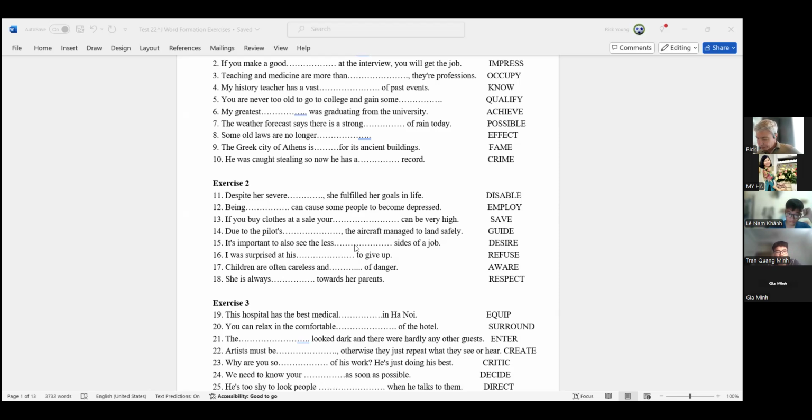So the one most people had a problem with, just looking at the list, people forgot that this should be plural, savings. And it should be plural because you're talking about clothes. So this needs to be plural as well, savings on clothes. And the other one people got wrong was mostly number 6. This one here, refusal to give up.